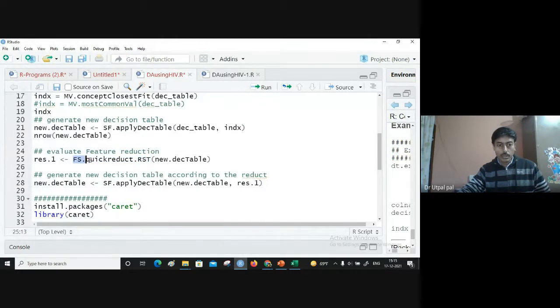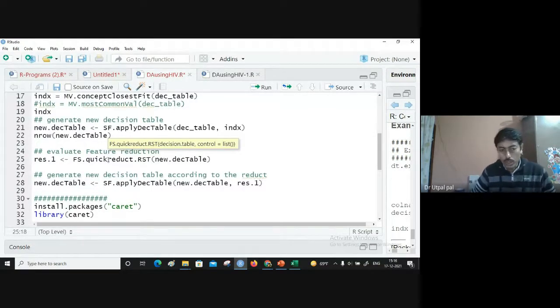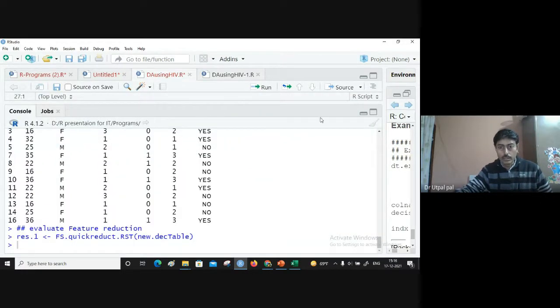The authors of this function named it accordingly. In this function, we are giving the processed table. It will compute which attributes are important, and the attributes which are not important will be eliminated. Let me execute it. It is executed.